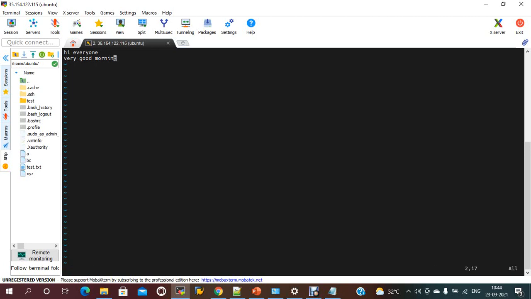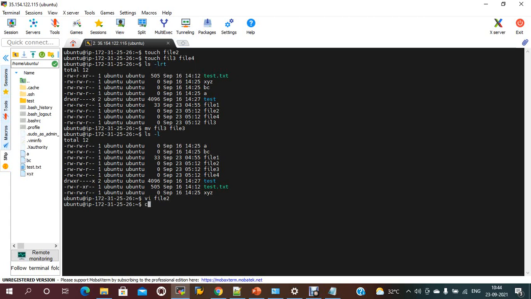Once we have inserted the data, you can press :wq, so it will be saved. If you want to see the data from outside, you just need to use the cat command, cat file2. So you can see the data inside file2.